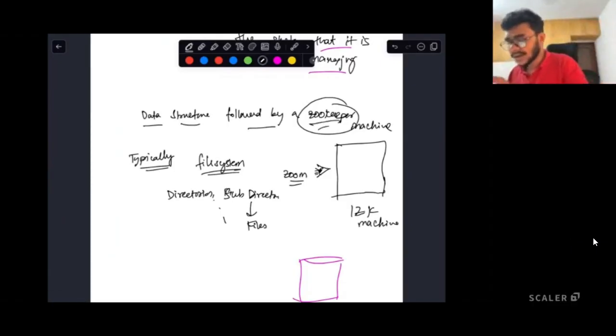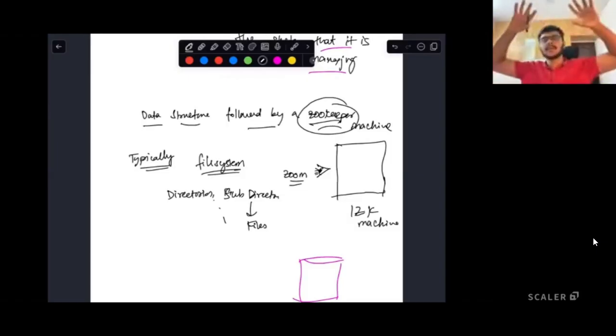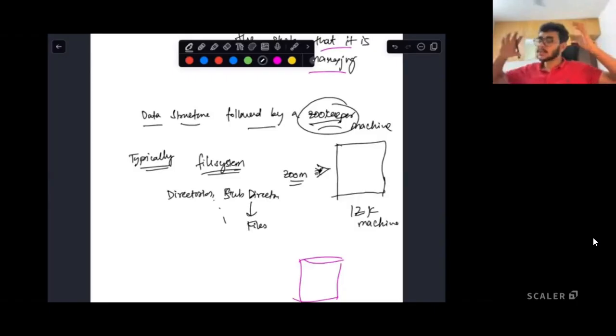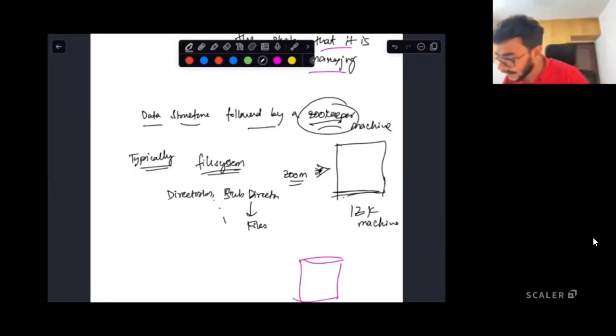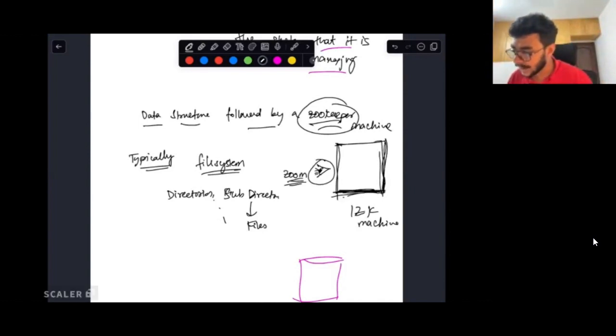Zookeeper can be an entire cluster as well. There can be multiple Zookeeper machines because of replication, and what if one Zookeeper machine fails and whatnot. We are not looking at that complication right now. We are just trying to see how the data is going to be stored on one single Zookeeper machine. We're just trying to zoom in